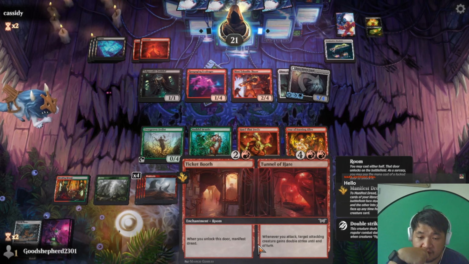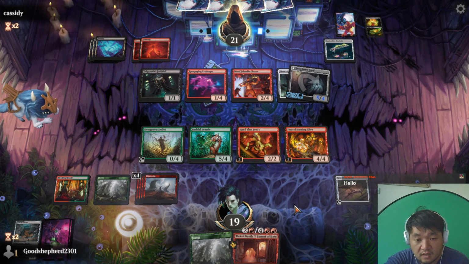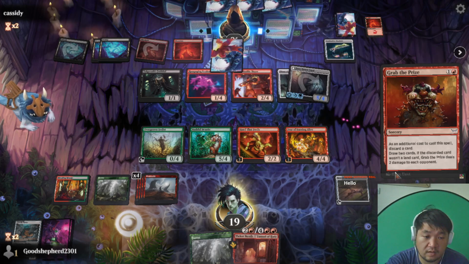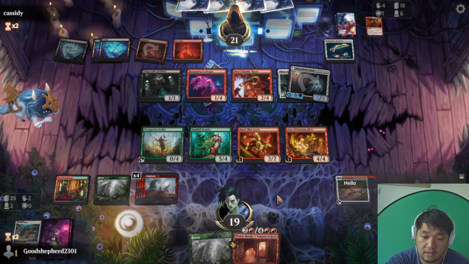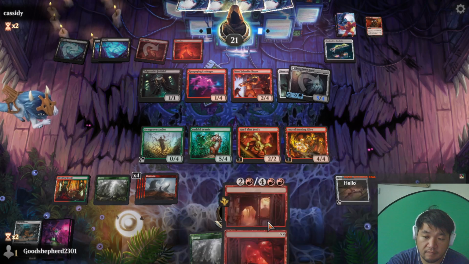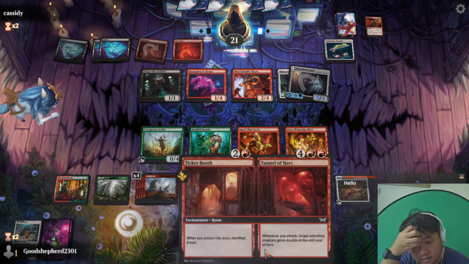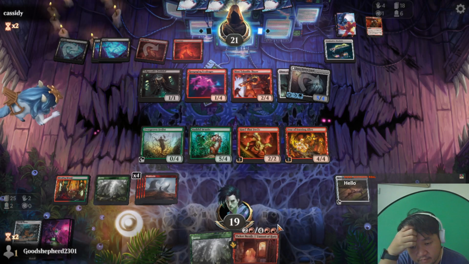I can Manifest Dread, unlock the other door. With every attack, target creature gets double strike. Okay, I think we can manage this. It was a land card, so no 2 damage. So 3 mana to Manifest Dread. 3 mana to crack this, unlock the room. Yeah,